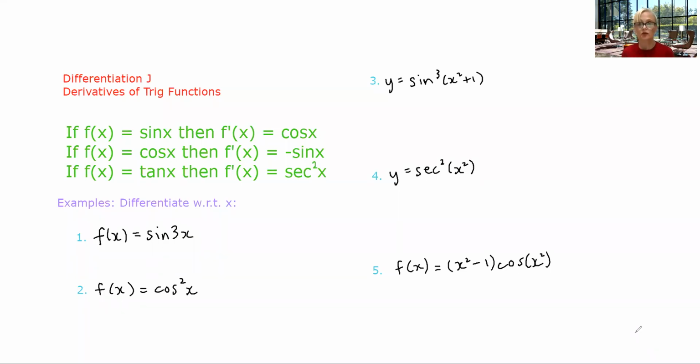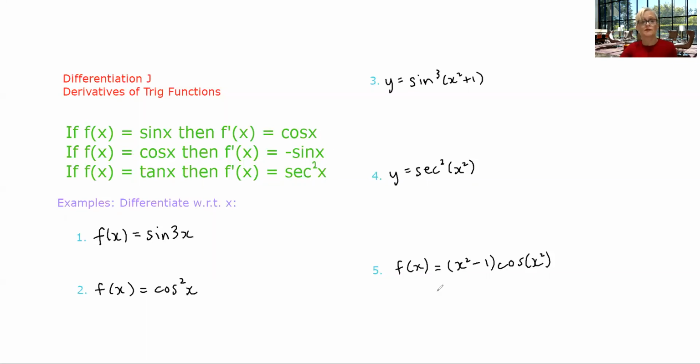The good news is that you already have all the basic techniques you need in order to differentiate. Whenever you learn a new derivative from now on, you can incorporate that into what you already know. So product rule, chain rule, quotient rule, they all still work. So when you get a new bit of information about a derivative, just learn that derivative and incorporate that in